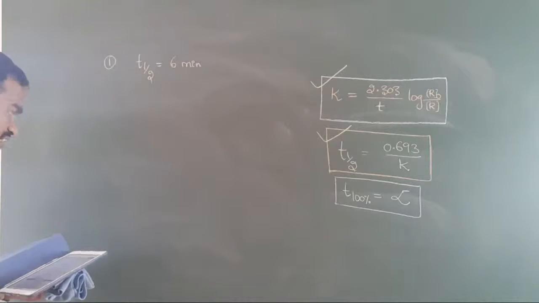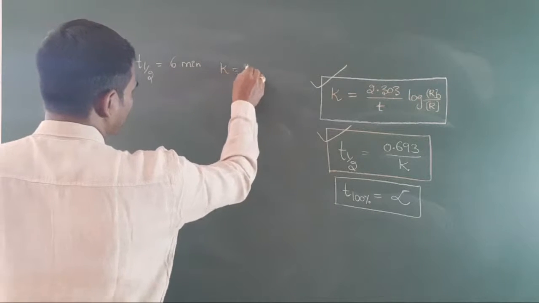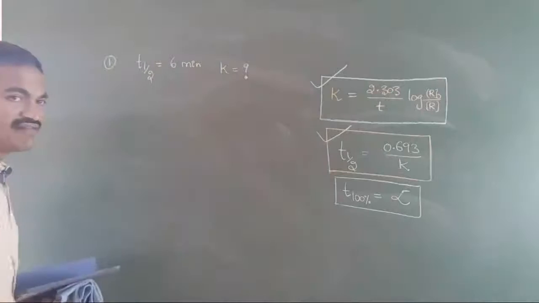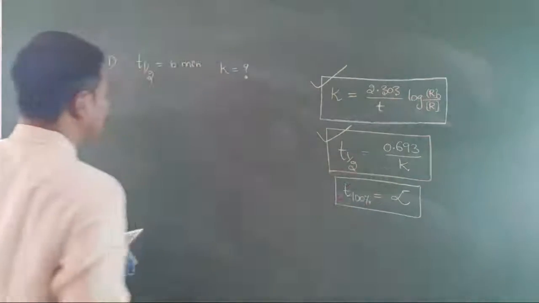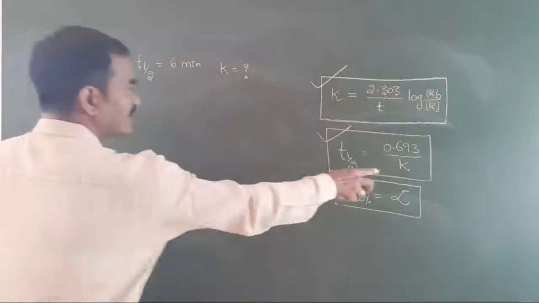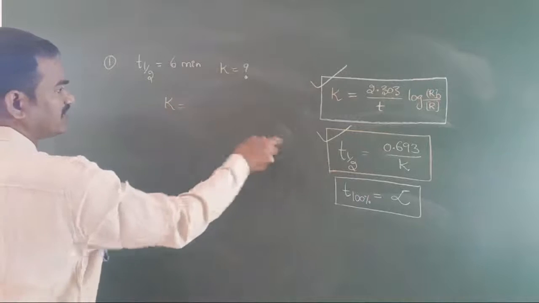Calculate the rate constant of the reaction. That means they are asking about the K value. Very simple, K value. Here you see this formula should be used. Directly, K value means K, you take this side. So you know this, K is equal to, directly you can write